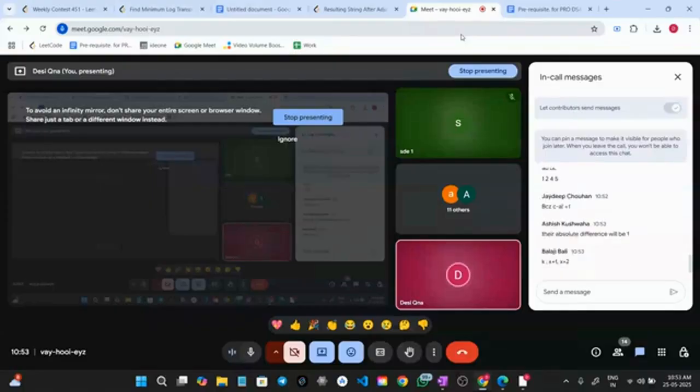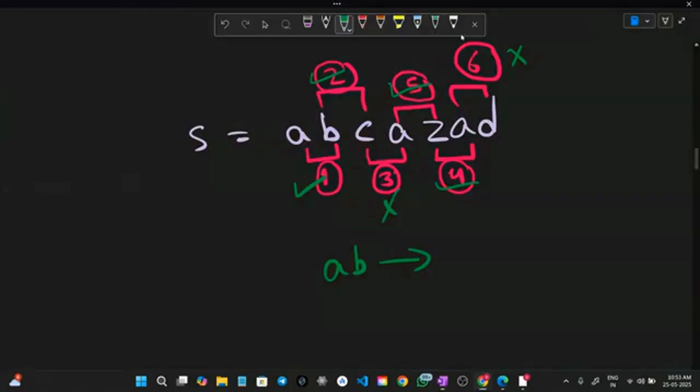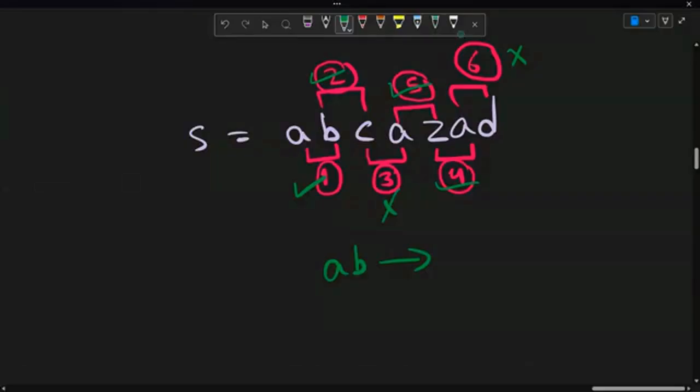Nice. Their absolute difference will be 1. That means they should be in the format of x plus 1, x plus 2. Nice, Balaji. That means if I have a number 4 and a number 5, I can call them consecutive because